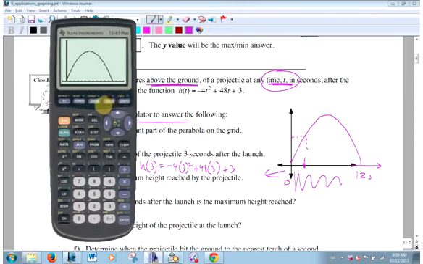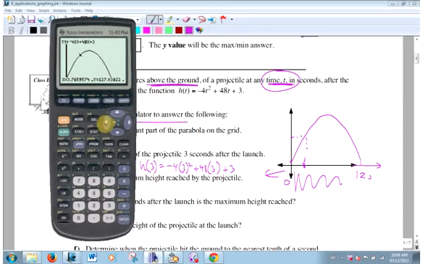Hit trace button. And you see every point there, if you move this cursor back and forth, it tells you, okay, what x is, what y is, right? At 4.27 seconds, this thing happens to be 135.1 meters in the air. What if I want a specific point? You could kind of trace and go over to 3, or